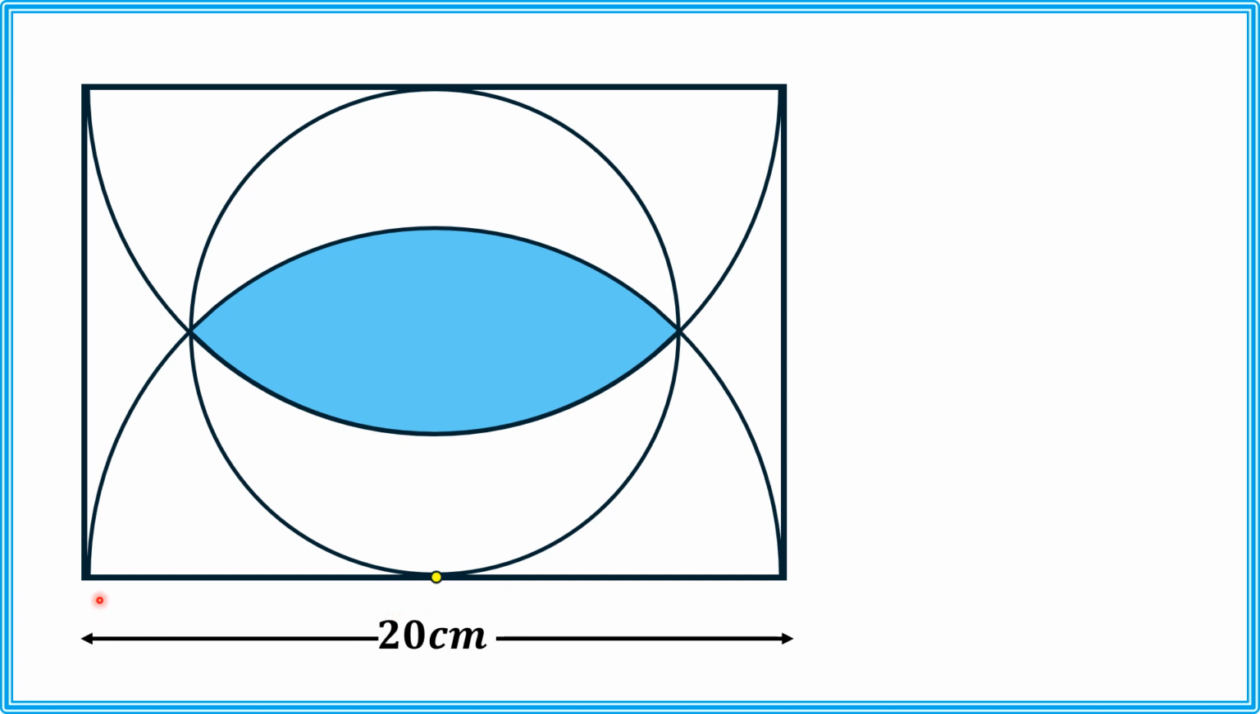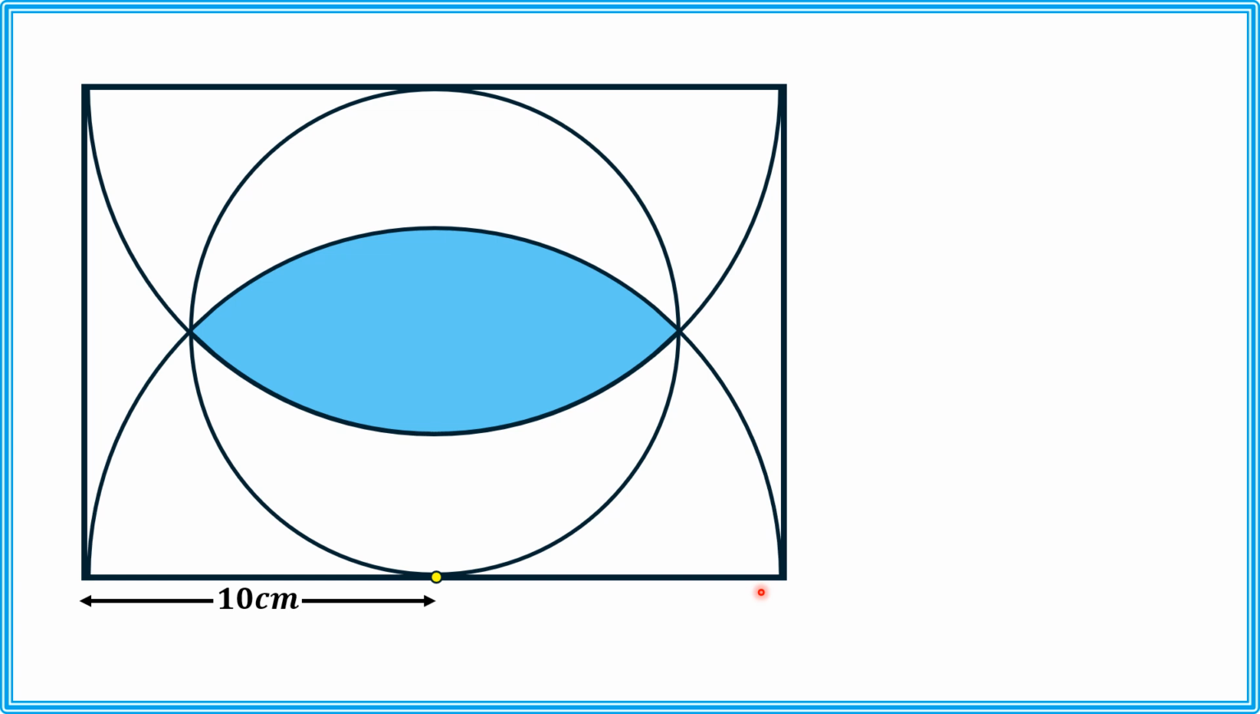Since this is the diameter of the semicircle, the radius of the semicircle will be half of it, that is 10 centimeters. Let us draw a line segment from this point to this point, which is again the radius of the semicircle, that is 10 centimeters. Similarly, we draw another line segment from this point to this point, which is again the radius of the semicircle. And if we draw this line segment,